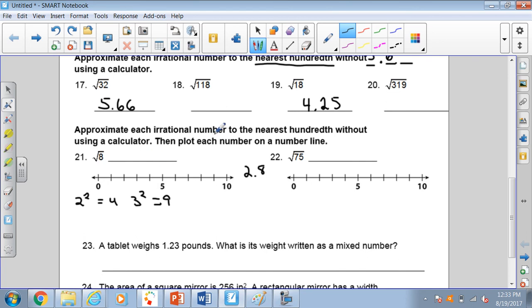And remember, they're saying approximate each irrational number to the nearest hundredth without a calculator. So let's see what we get. 2.8 times 2.8, and it might be even 9, I'm not sure, but 8 times 8 is 64. 8 times 2 is 16, 17, 18, 19, 20, 21, 22. And now we've got to take the next set of numbers, which would be 2 times 8, and that's going to be